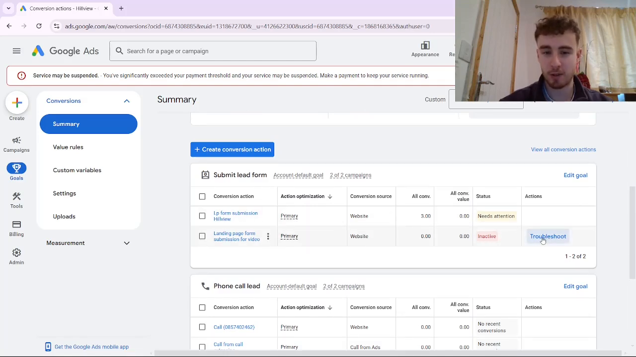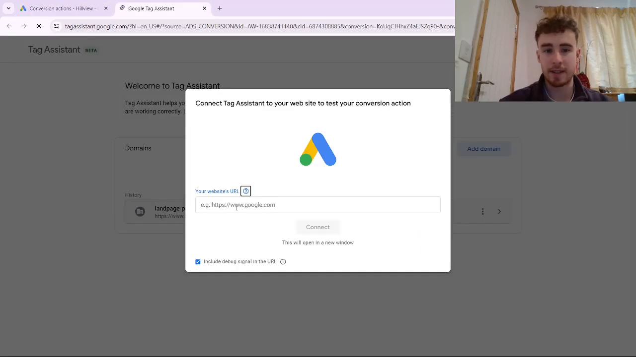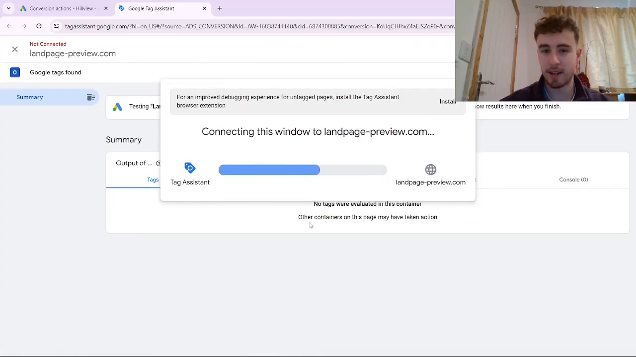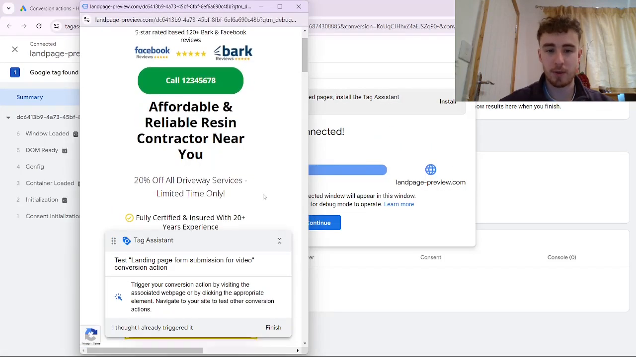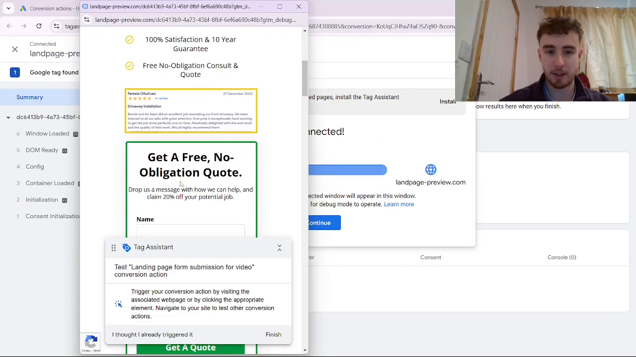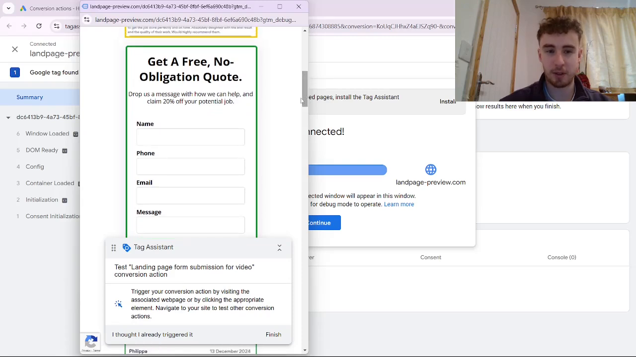So now we're going to press troubleshoot beside the conversion action that we just set up. As we see that right now it's inactive, so we go to troubleshoot and then just press continue. And then the Google Tag Assistant pops up where we just paste in the URL of our published landing page and press connect. And now you should see your landing page pop up. And what you can see here then is that the Tag Assistant is seeing if it can record a conversion. Now, what we want to make sure doesn't pop up is the green tick here saying that the tag's been triggered, because that's telling us that Google has recorded a conversion when it actually hasn't yet